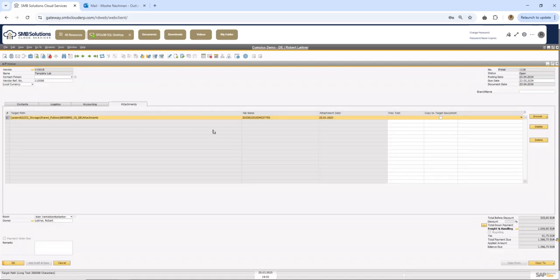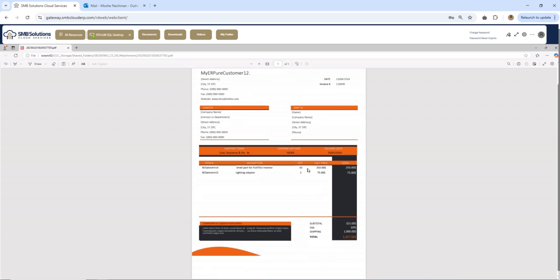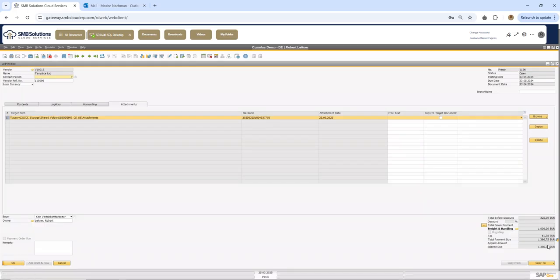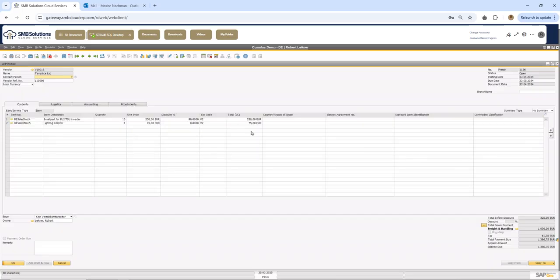We also have the attachment here, so we can take a look. We can check out the amounts. We can see that basically everything is as it should be, and that's a scenario where all the records exist in Business One, and invoices just get created